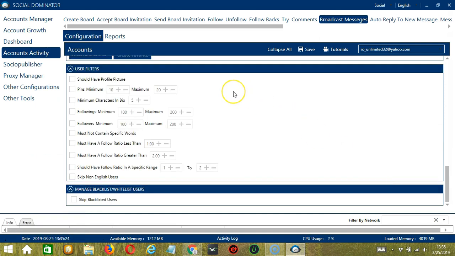The next tool is User Filters. This allows us to filter the users we want to message on Pinterest. So check the first one if you want to message those who have profile pictures. The next one will allow you to specify the minimum and maximum number of the user's pins. The next one will allow you to specify the minimum number of characters in the bio of the users you